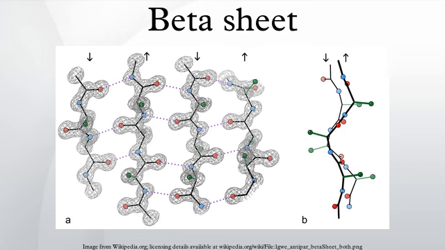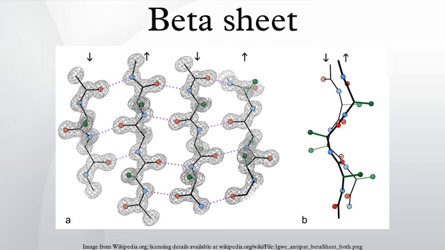The beta sheet is the second form of regular secondary structure in proteins. Beta sheets consist of beta strands connected laterally by at least 2 or 3 backbone hydrogen bonds, forming a generally twisted, pleated sheet. A beta strand is a stretch of polypeptide chain, typically 3 to 10 amino acids long, with backbone in an extended conformation.